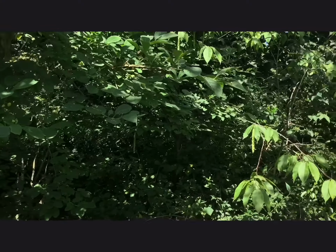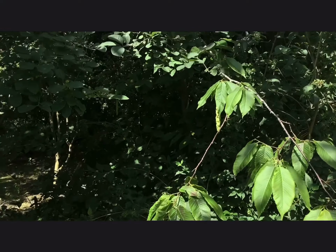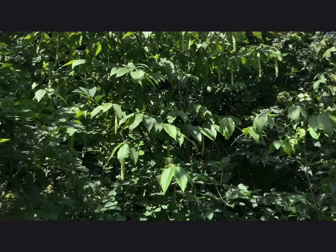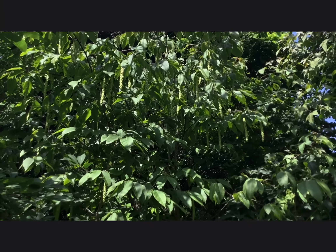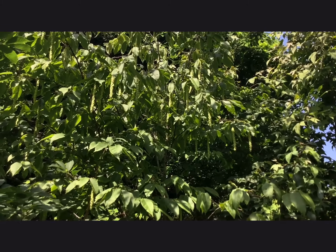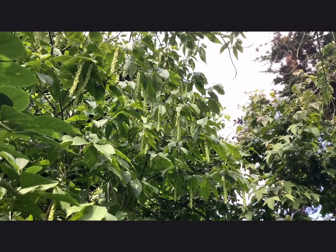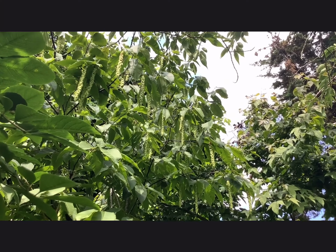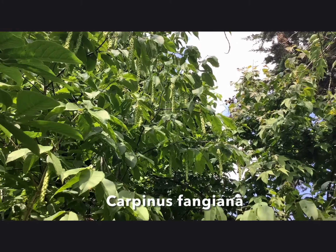And the main reason for coming around here is also to have a look at this hornbeam from China with its amazing, intricately woven catkins. This is Carpinus fangiana, and let's have a look at the catkin up close and personal,